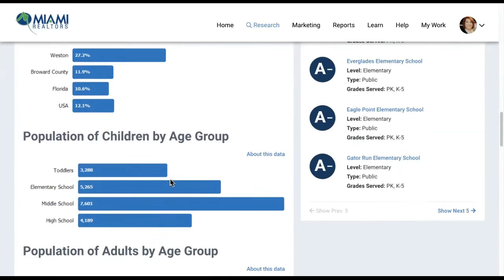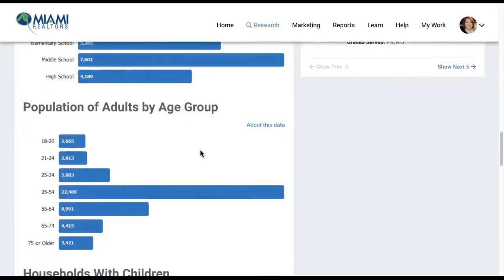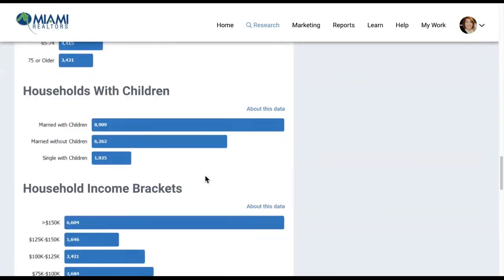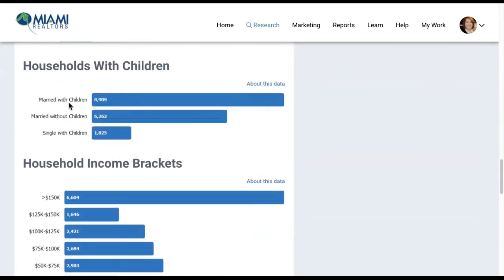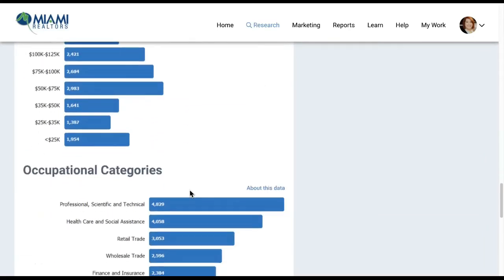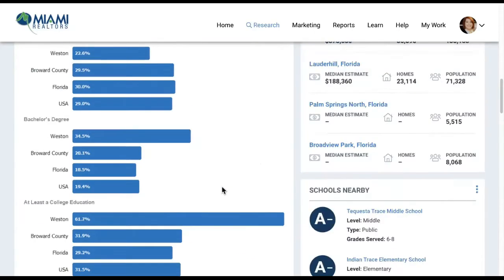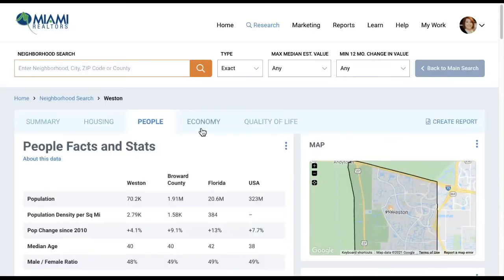population of children by age, mostly middle school students, population of adults by age, mostly 35 to 54, households with children, so married with children, married without children, single with children, household income brackets, occupational categories, and then presidential voting patterns. You can also see the economy, which is going to give you like unemployment rates, and quality of life